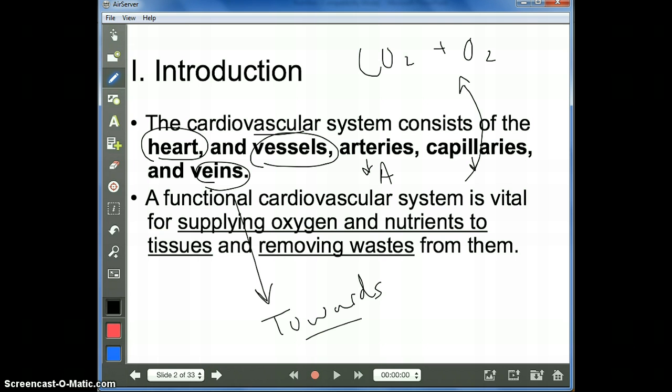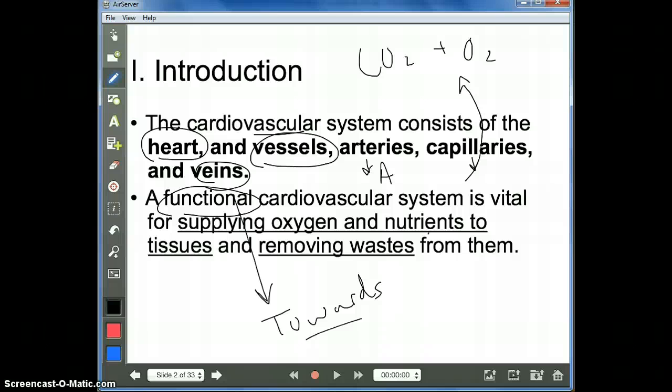Okay. Now, the basic function of that cardiovascular system is vital because what does it do? It supplies oxygen and nutrients. We just got done with the digestive system, talking about the purpose of the nutrients. We get all those nutrients, we can convert those nutrients into energy sources, but what needs them? Every single cell. And being that every single cell needs those nutrients, it needs to have some sort of pumping mechanism to get those nutrients to the entire body. That's where the heart comes in.